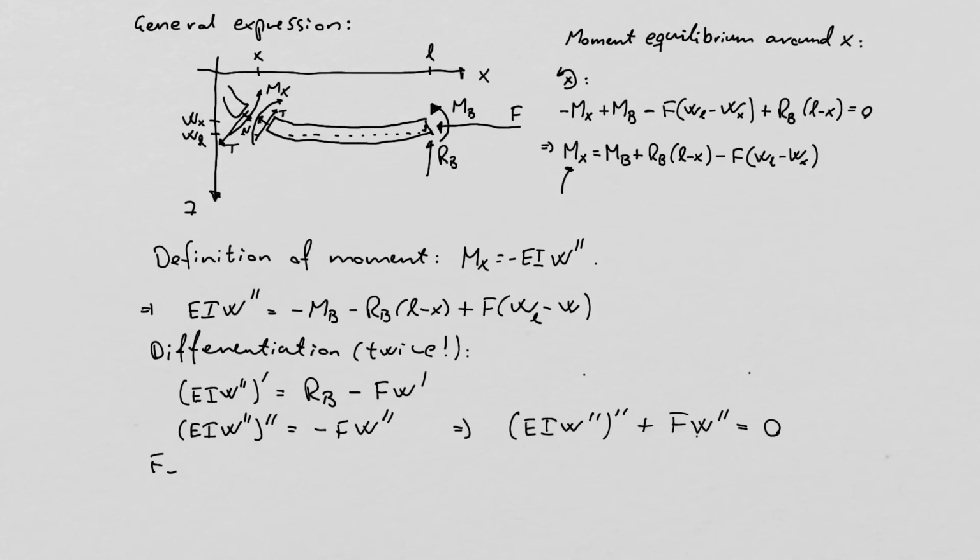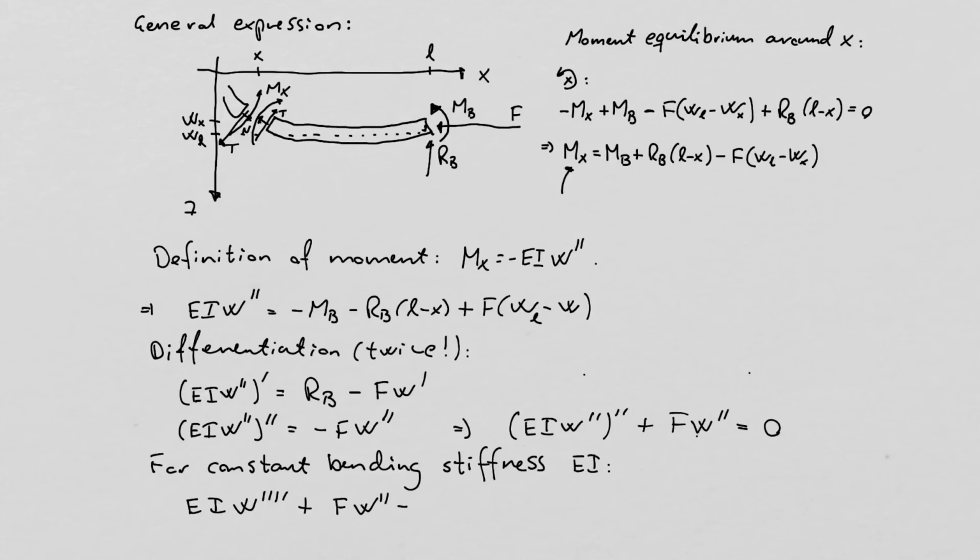And then for constant bending stiffness, well, we get EI W with four primes plus F W prime prime equal to 0,